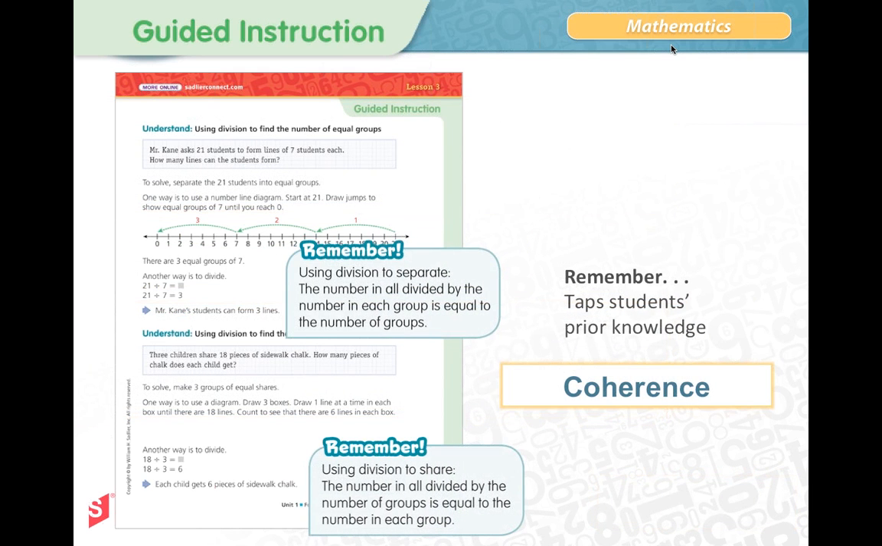And then throughout the program, you'll see these Remember boxes. These Remember boxes tap students' prior knowledge. That's the coherence that Common Core wants our students to have. Remember the definition of division. Remember that there are 2 meanings of division when you're trying to find the answer to a division problem. So we want our students to be able to make those connections across the grade level, within the grade level,